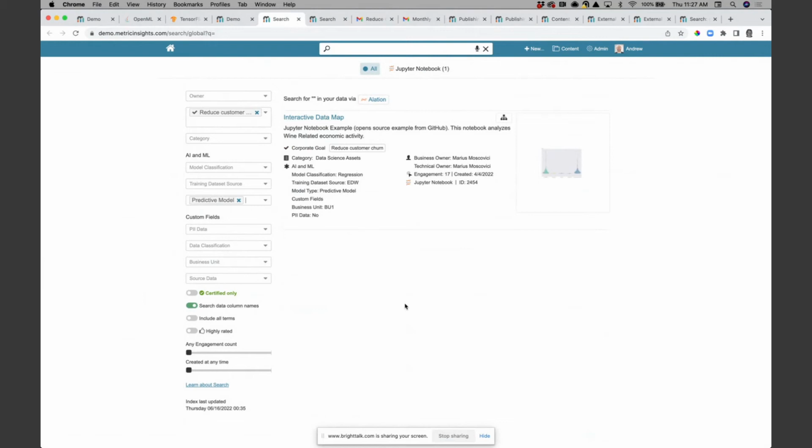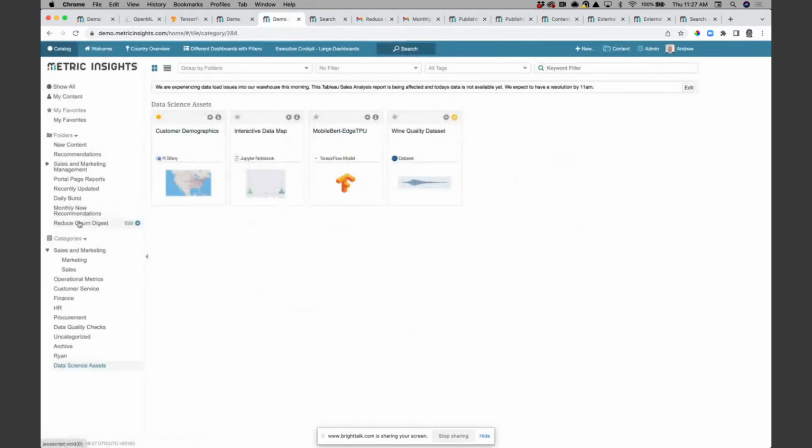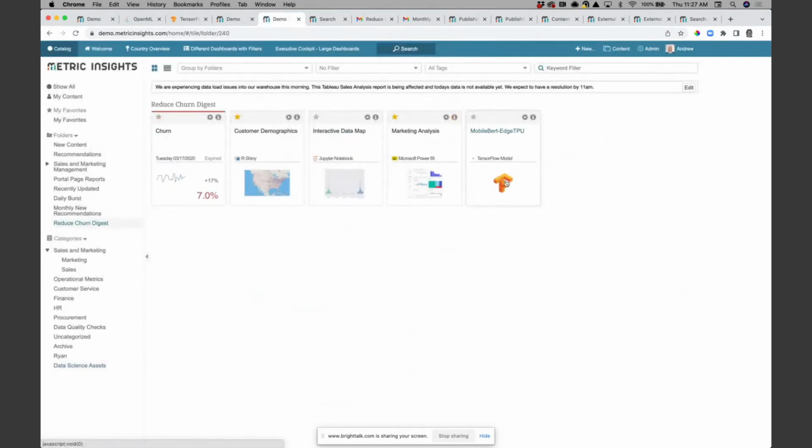And if we tie that as well to some of this other functionality, we looked at distribution to promote content. Well, again, rather than relying on people to come and discover this content and figure this out, we can use the portal maybe to take the content that is associated with reducing customer churn in this case, and actually burst it out to users on a weekly or monthly basis.